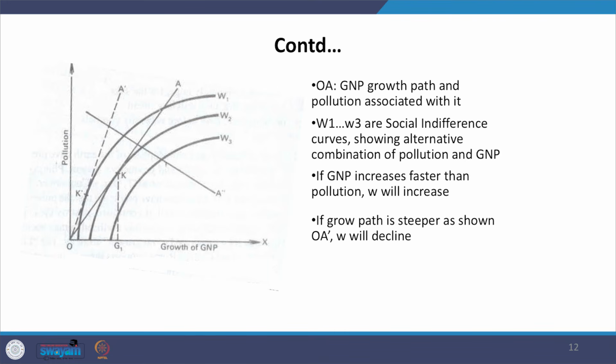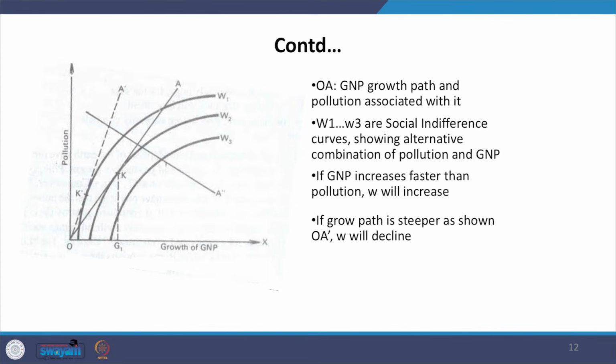In economics you have studied the indifference curve. When we study it, we have both good products x and y, so there is a trade-off between these two products. But when we draw the indifference curve taking one bad product and the other a good product, the shape of the indifference curve would be like this shown in the graph, W1, W2, W3, indicating that if you want to consume more of the good product, you have to accept more of the bad product, such as pollution, in order to keep the utility constant.